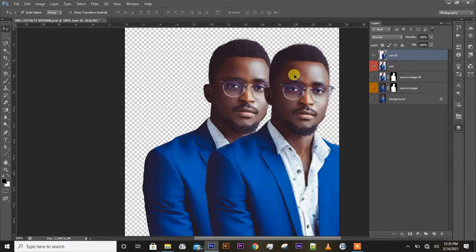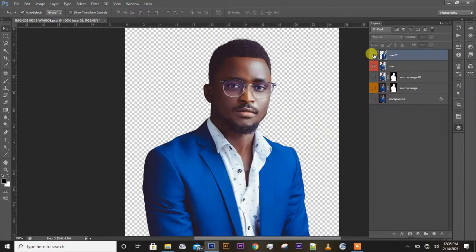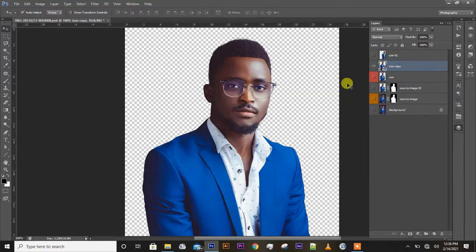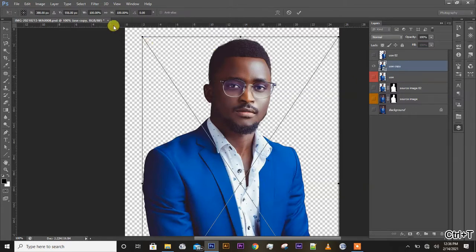So let's now look at what happens when you have a smart object that you expand and contract. I'm just going to duplicate this, hitting my Ctrl J. I'm going to right click and convert to smart object. Then I'm going to perform the same action we did on the raster file. So I want you to watch closely. I can easily input values right here without having to drag anything. So this is another thing you can get to learn. Let me just increase this up to 2000